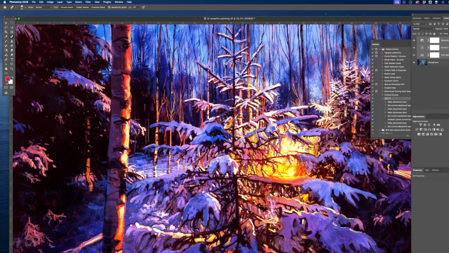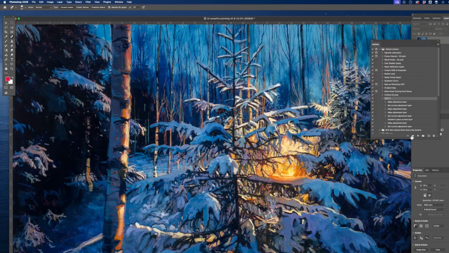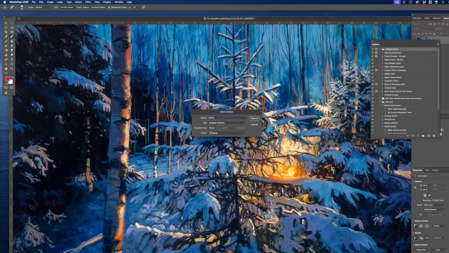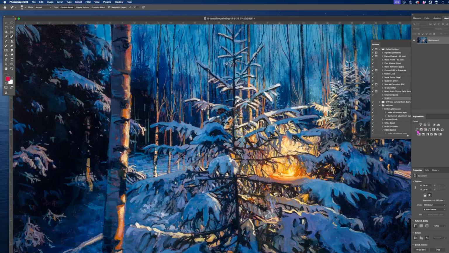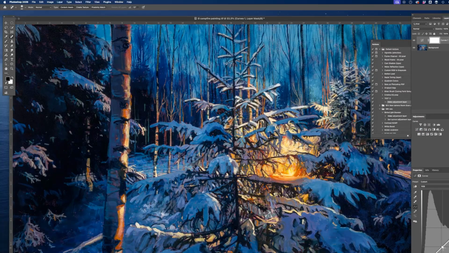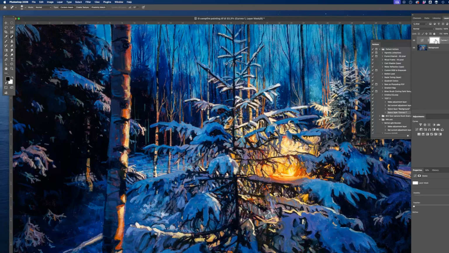Another solution that was proposed that makes this work, let's delete this again. Go back up here, we're going to make a new action again. This time we're going to call it test 3. Is if you click on and off of the layer as you do it. So for example, if I make an adjustment layer here and make that adjustment, and then I click off of it, back onto it, did it remember it? Did. If I click off of it